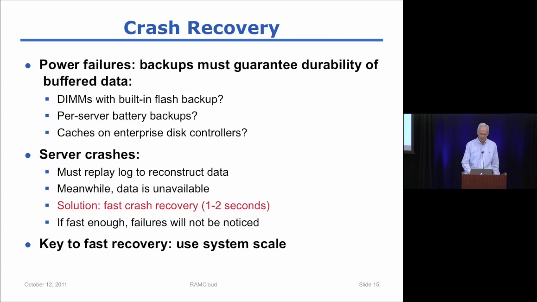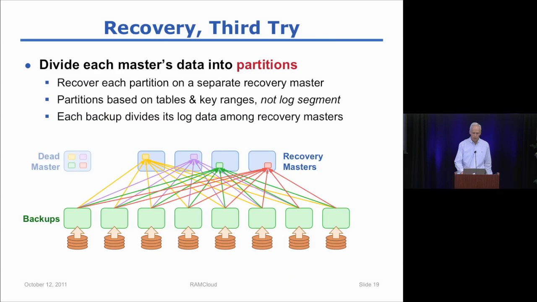In fact, what actually happens is that the individual masters, during normal operation, profile their tables to keep track of where the objects are distributed, both by bytes of data and by number of objects. And they produce something that we call a will. That is, a will or last testament. How should my possessions be divided in the event of my untimely demise? And they upload that will to the coordinator regularly. So when the master dies, the coordinator just looks in the master's will, and from that it can figure out how to divide up its tables and assign those to recovery masters.